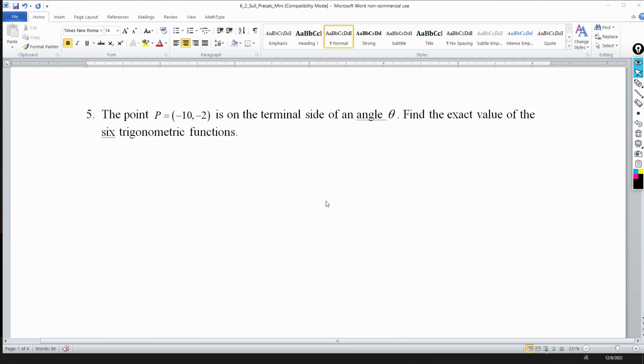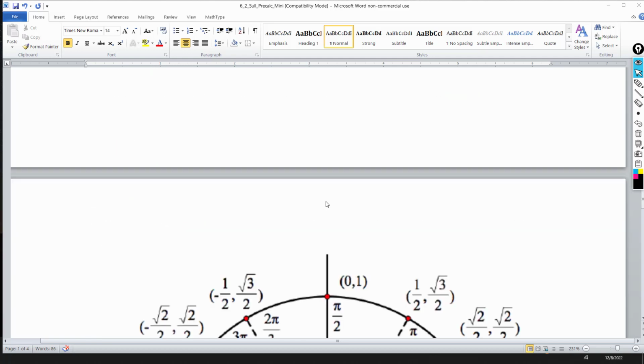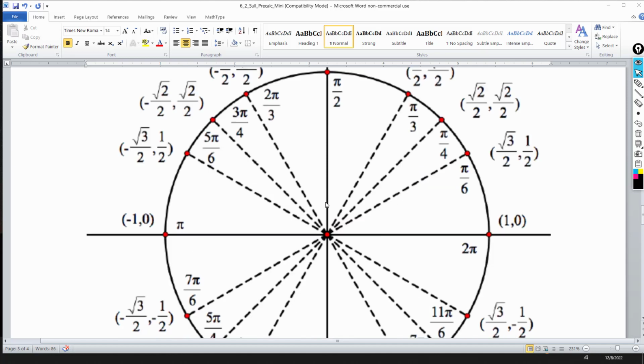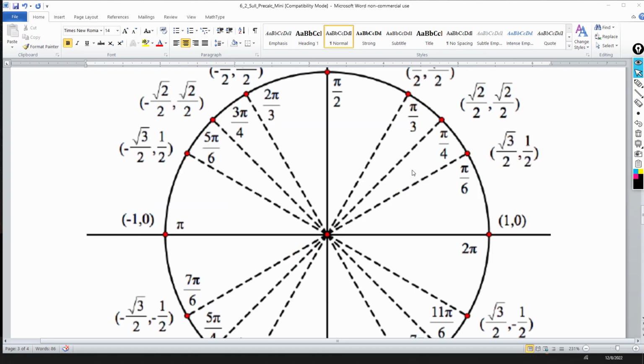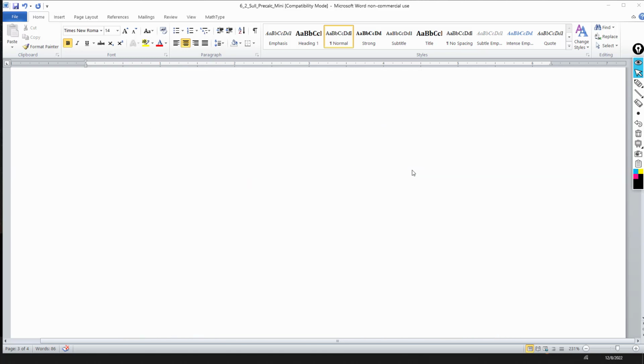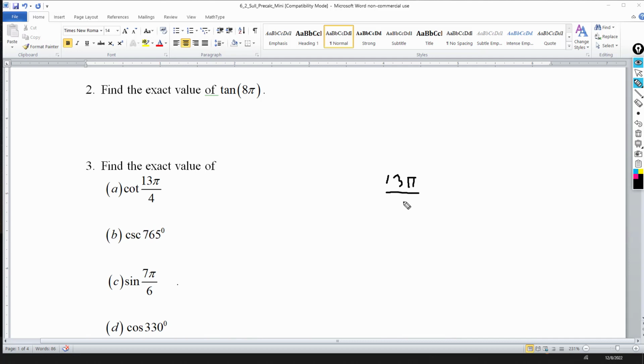So let's look at the unit circle. Here are most of the standard angles. So you want 13 pi over 4, and we don't see it here. So we can subtract multiples of pi until we get something that falls in one of these sections. So if I take 13 pi over 4,